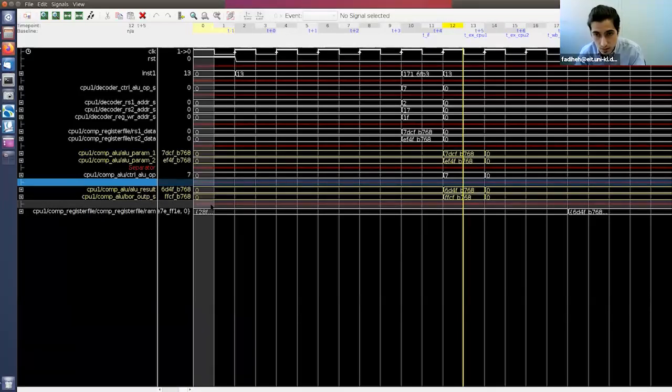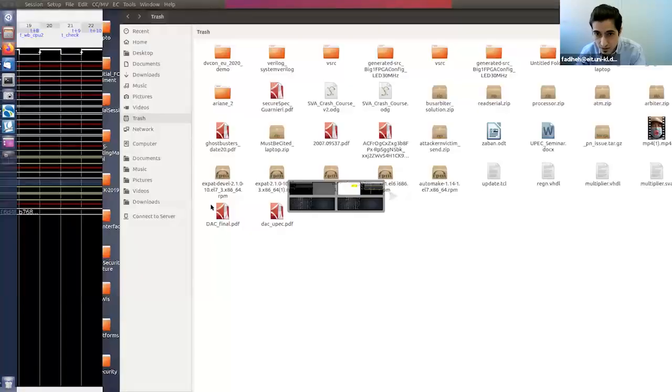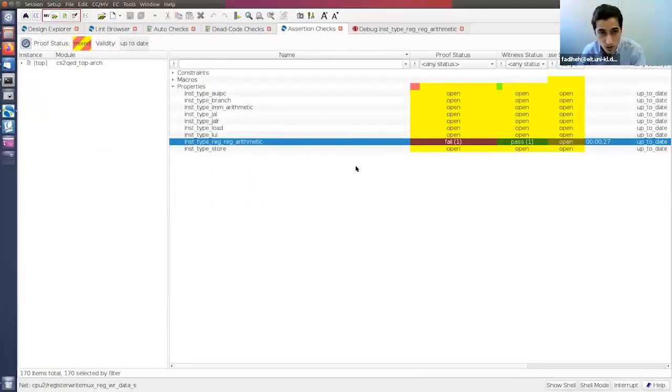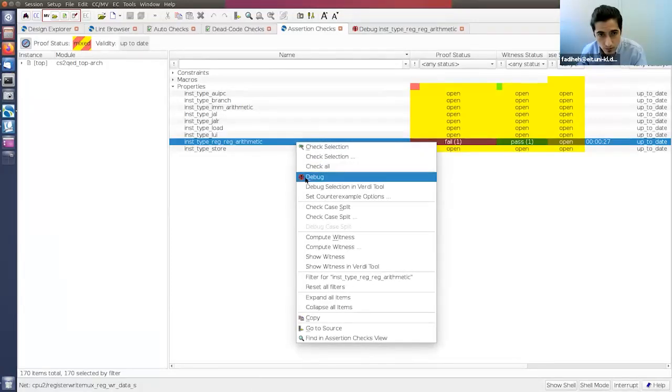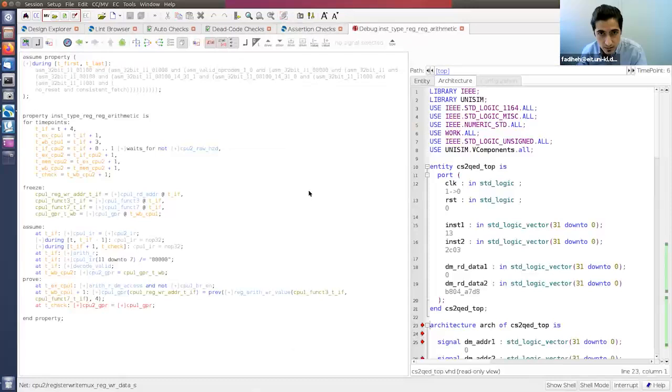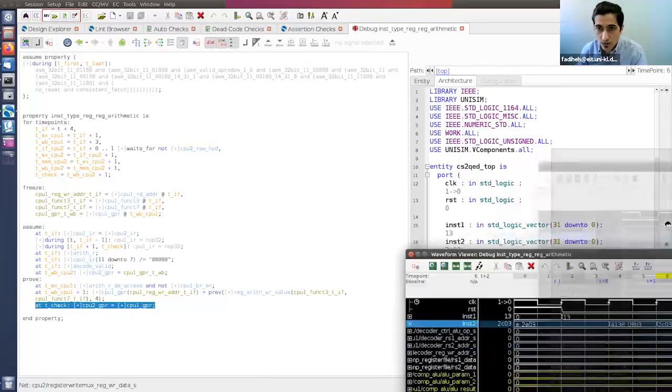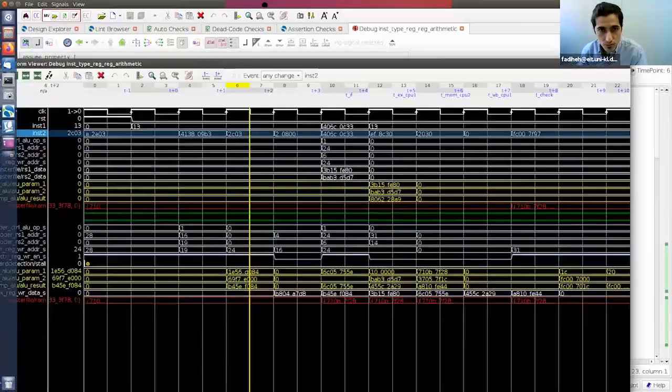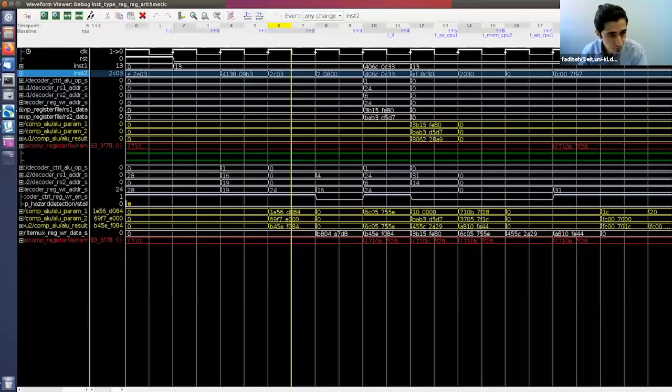But instead of that, let's have a look into another example that I have also preloaded for the matter of time. So this is a different design. Now if we have a failing property and look at the debug environment, this time we can see that this part of the property commitment is violated, which belongs to the multiple instruction box. Now, if we go to the waveform of this one,